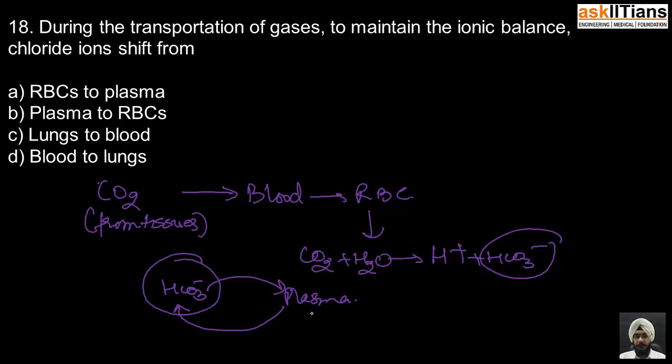So the option is that the chloride ions are moving from plasma to the RBCs. So the correct option is B, which is from plasma to RBCs. Rest of the options are incorrect. Let's move on to the next question,